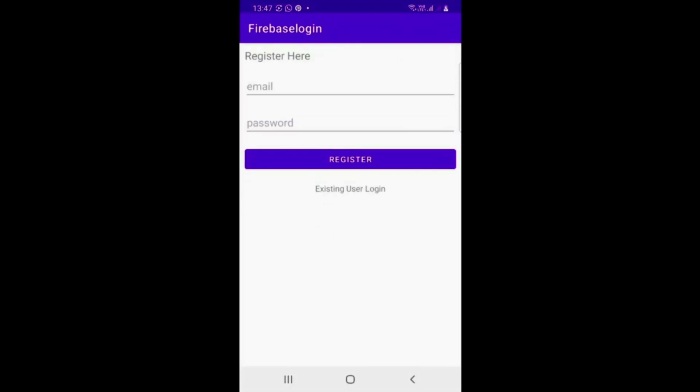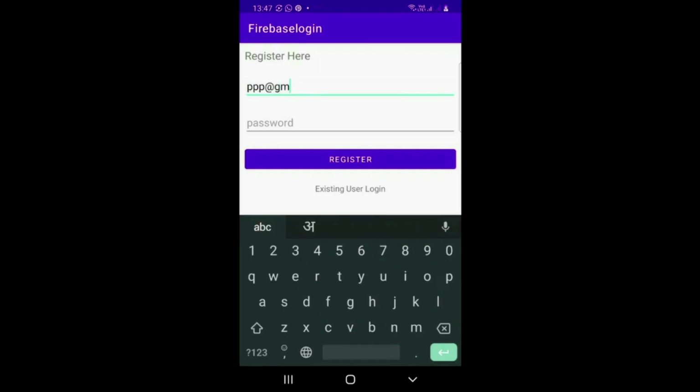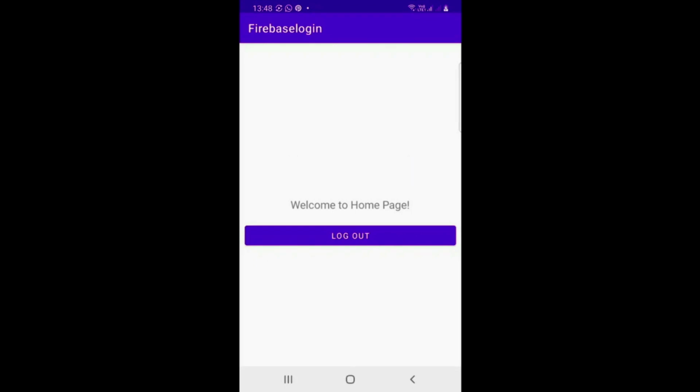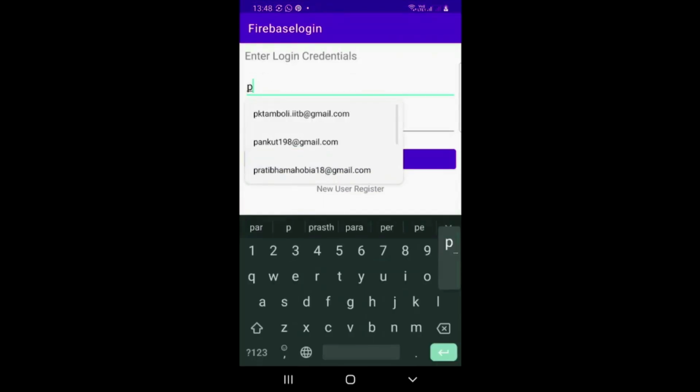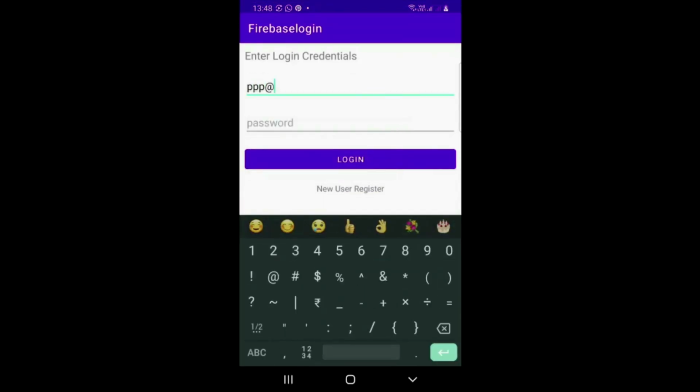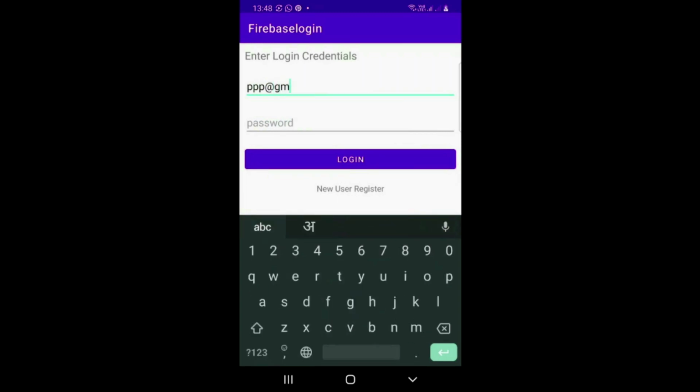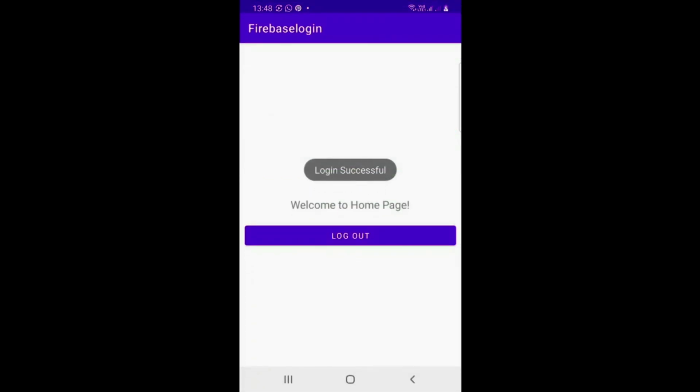So write ppp@gmail.com, then put the password and click the register. You come to the home page, then you can press logout and you come to the login page again, and inside the login page, if you put the same email and password, you come to the main page again.